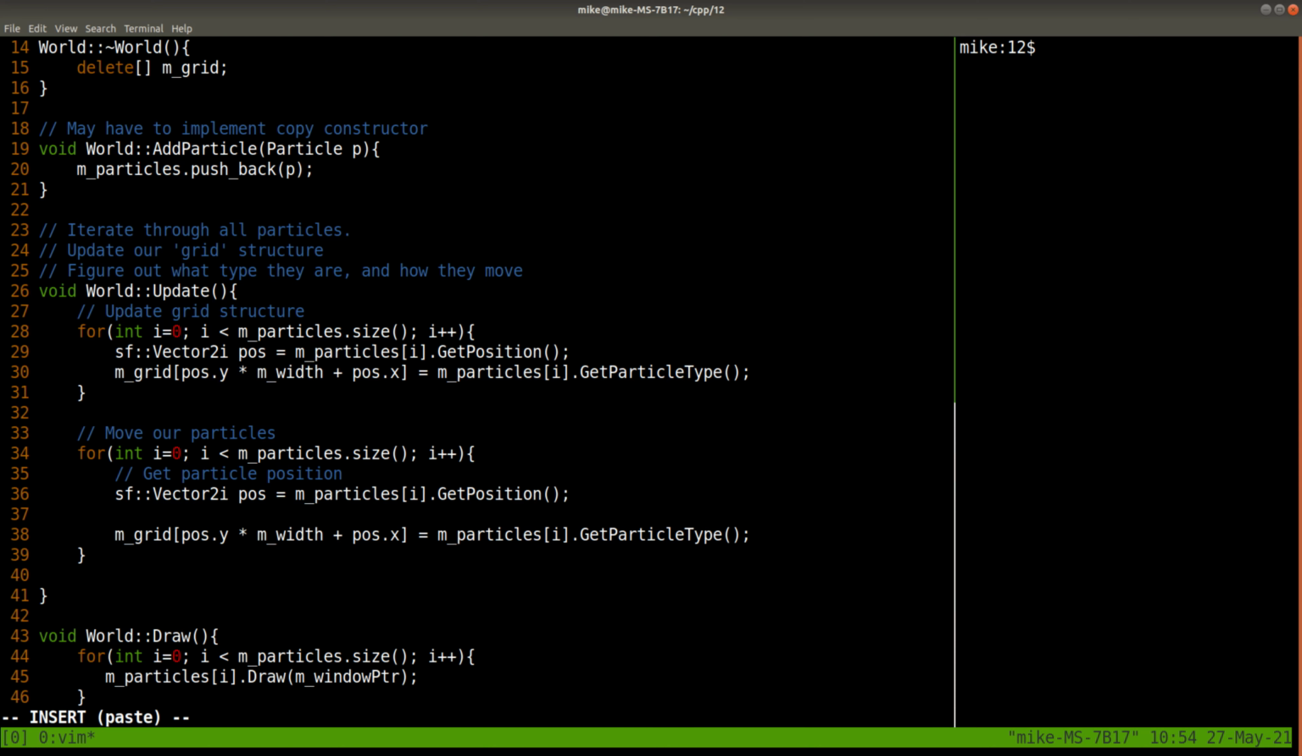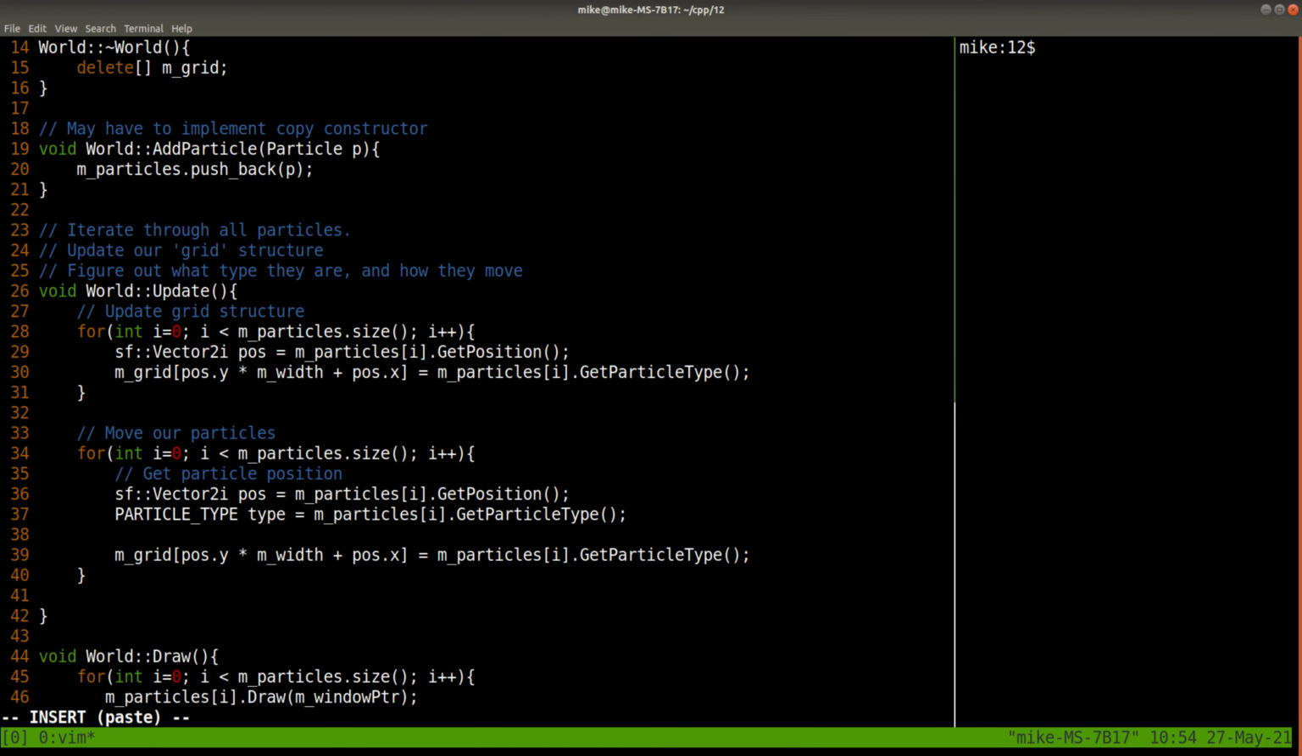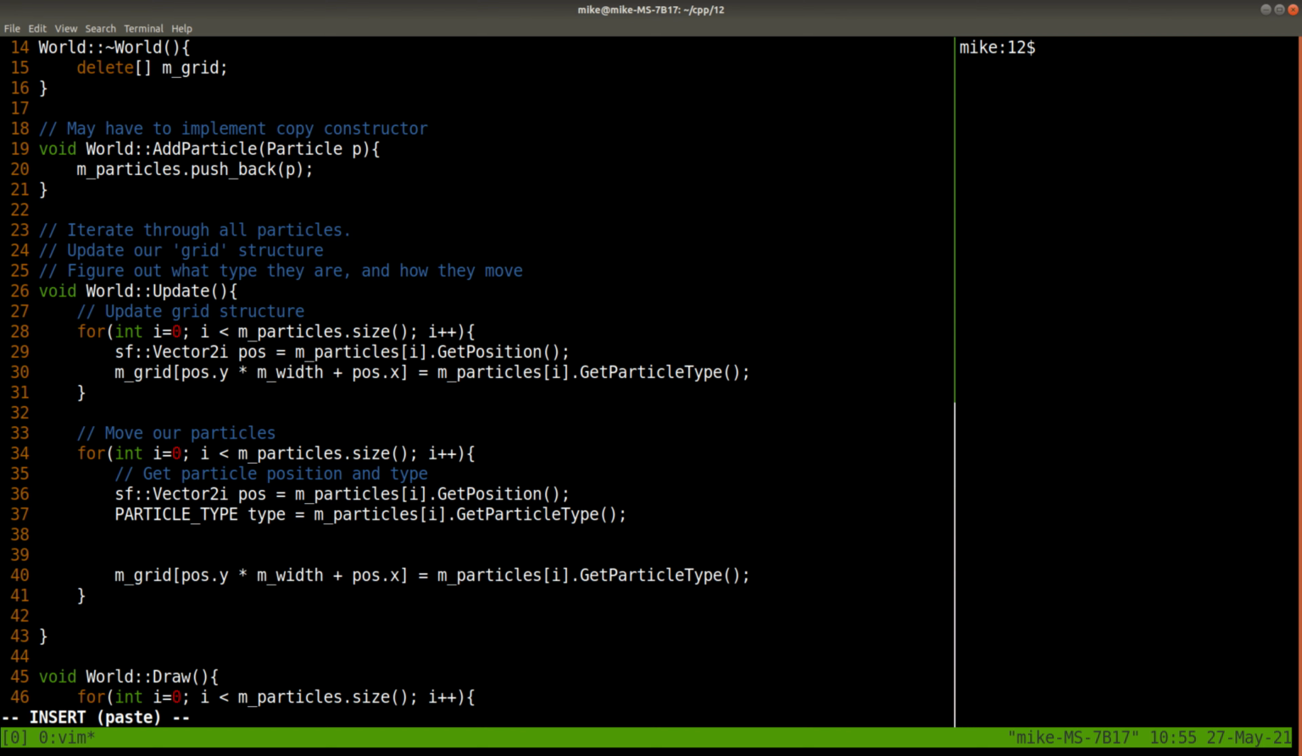And then we've got our grid. This is going to be important so that we are able to get adjacent cells here. And we also want to get our particle type here. So particle type, I'm just going to call it type equals m, particles at i, get particle type. And we have a helper function for that: get particle position and type. Okay, so then we can say,